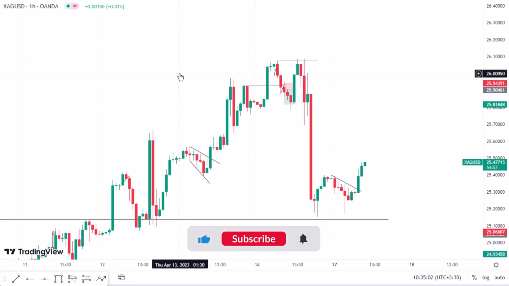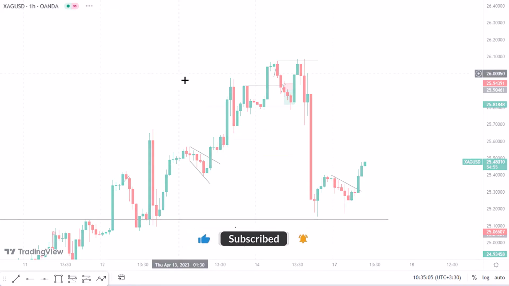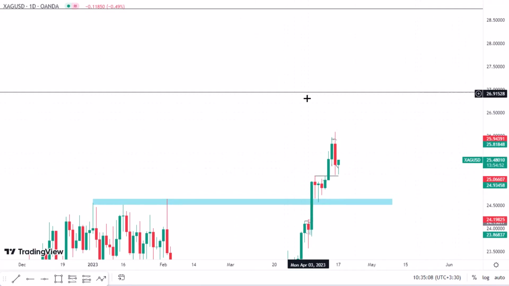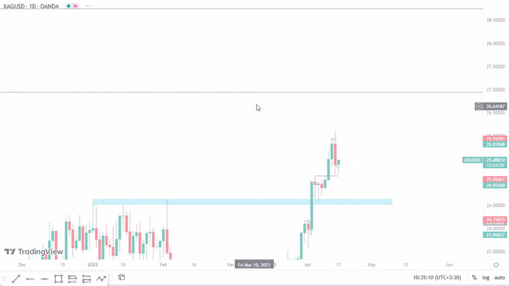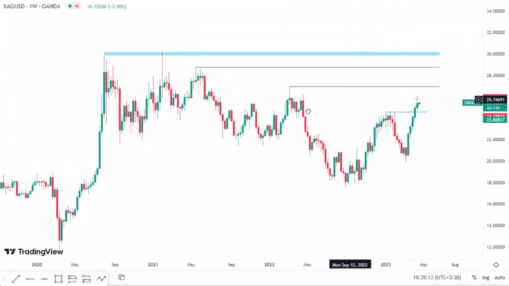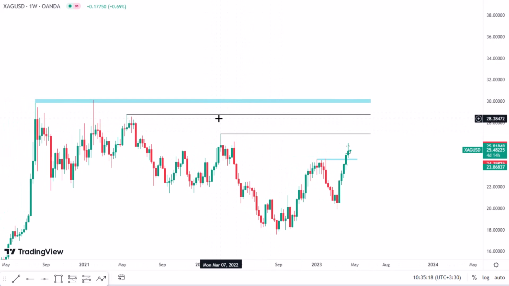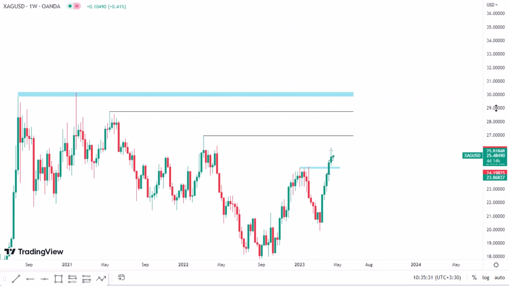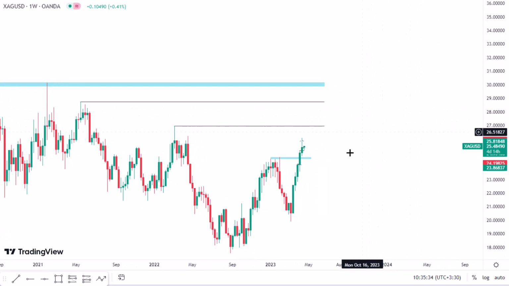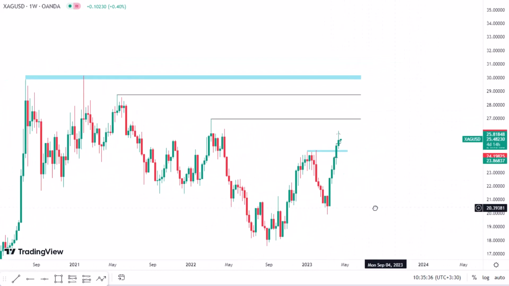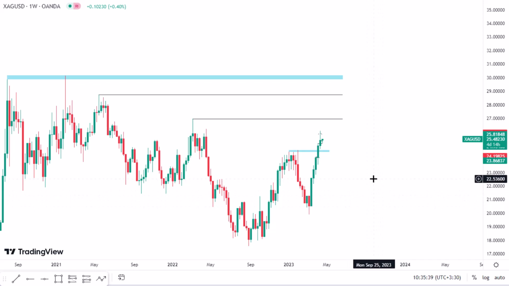In bigger time frames like the daily time frame, if we check that, we have another resistance. Let me go to the weekly time frame so that we can see better. We have these resistances in front of the price, this resistance here, another one here, and also the most important one on this level of 29.8 to 30.2, somewhere like that. And that is all about today's analysis.